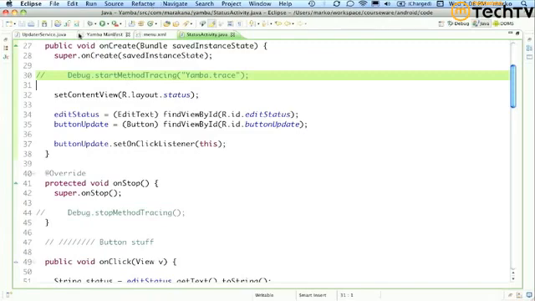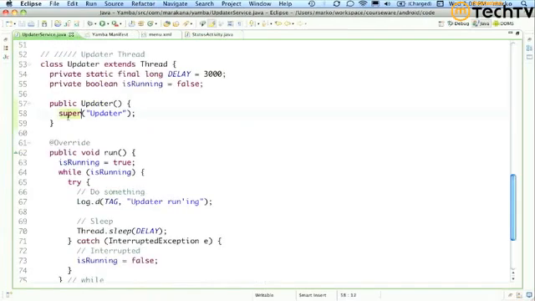Oh, I just made a constructor here. Yeah. I think you can do that in async task. I'm not so sure actually, but